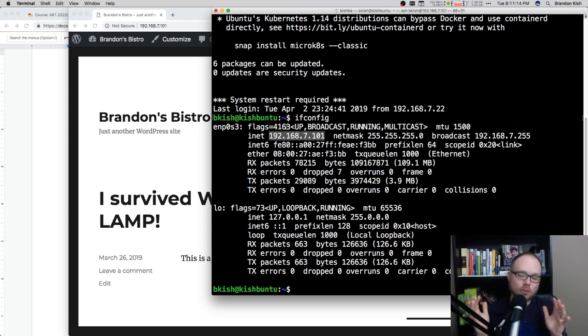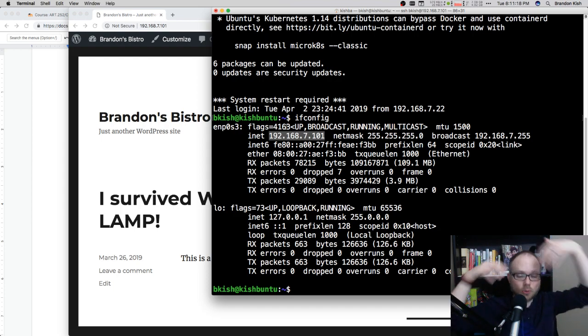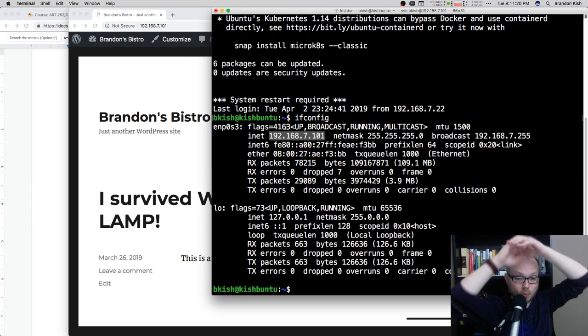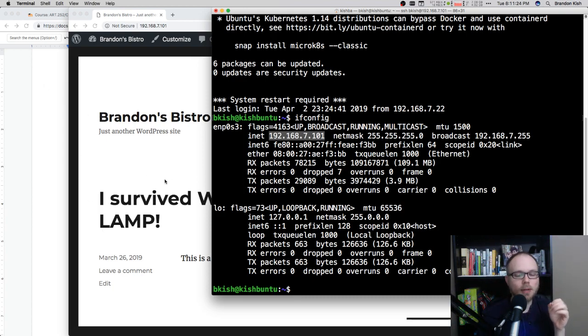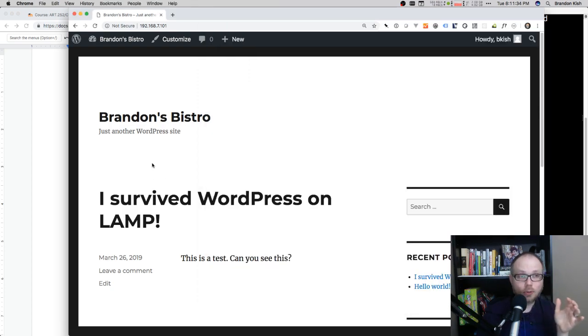If your IP address has changed, WordPress is going to break. You might be able to type in that new IP address to SSH or to get to it in a web browser. But WordPress is very, very picky about its identity. It needs to know what address it is running on. And so if your IP address changes, WordPress could very much break. Now, all is not lost. The activity that we're going through tonight makes it possible for you to edit the WordPress settings to tell it what IP address it's running on. And I have a section in the Google Doc, if that has happened to you, that you can use.